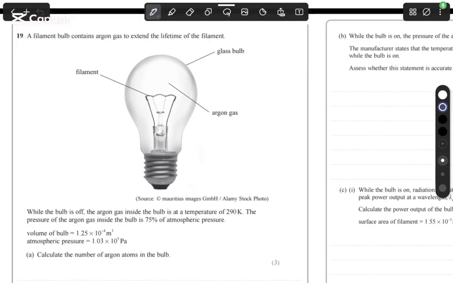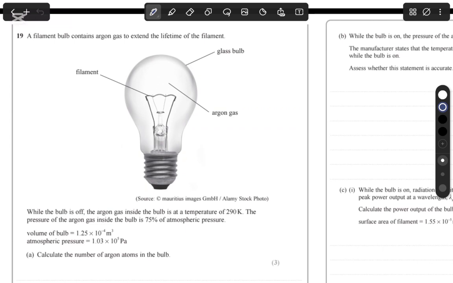Okay, we have another question. This is again from Jan 2025, and this is question number 19. This is from Thermodynamics. This is going to go in the Thermodynamics playlist. So we're looking at the question, and by the looks of it,